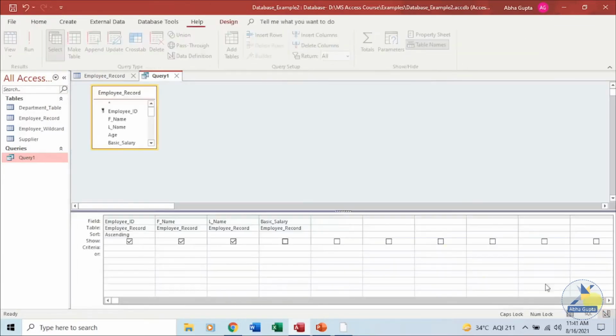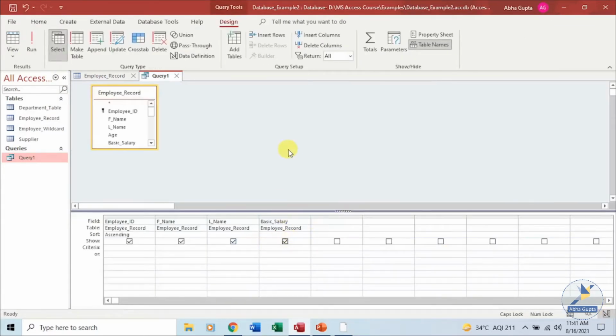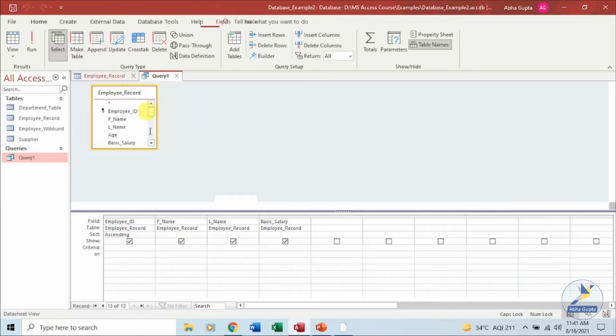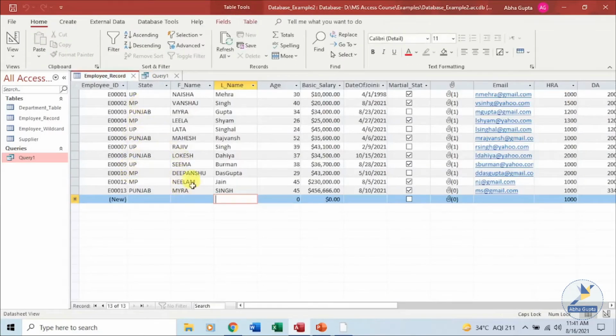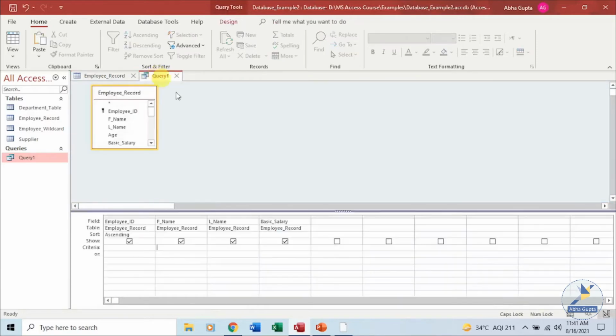Going back to our design view, I want this basic salary, but I want to display a specific record. I want to see the record of only Myra. There's an employee named Myra over here. You can see Myra over here. I want to see the record of only Myra. So in my criteria, I can specify a condition.